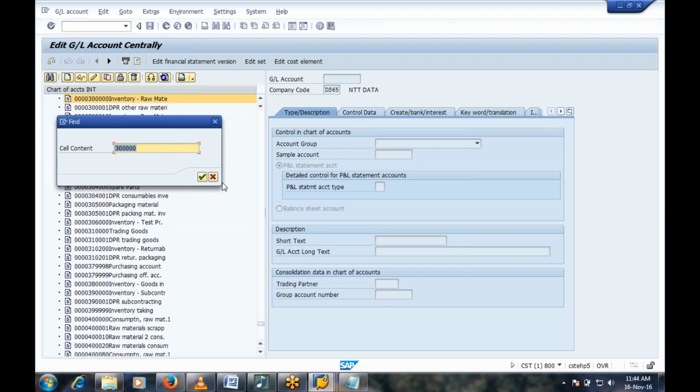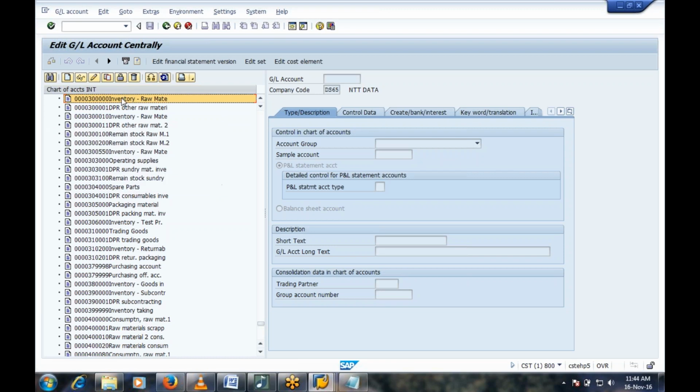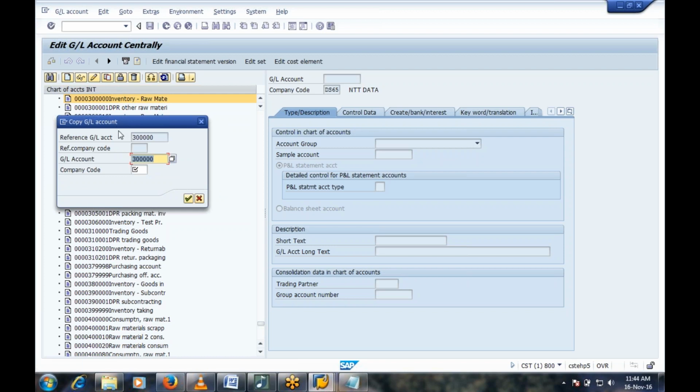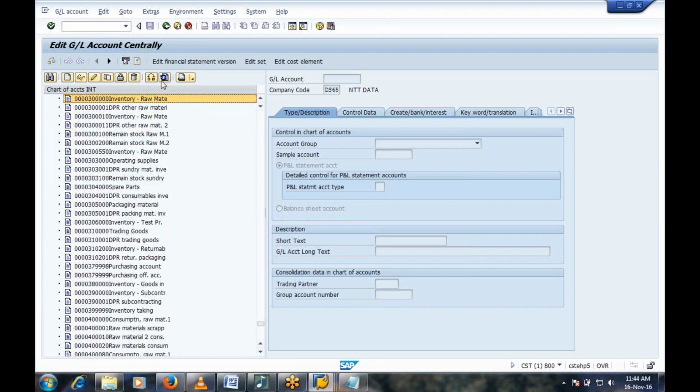Yeah, this one. This is the GL account we want to create. Click on copy. Okay, reference. Even we can give that reference also. Let's see this.